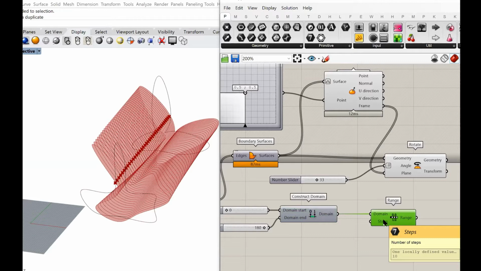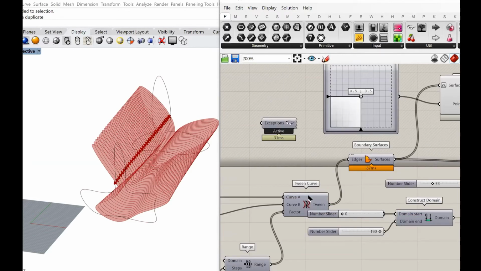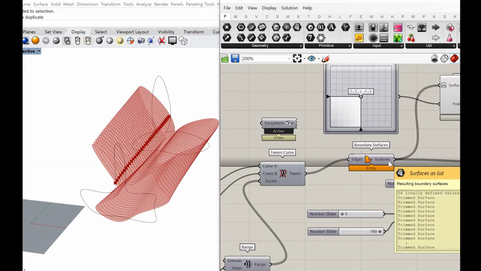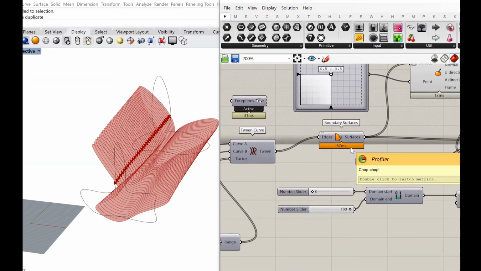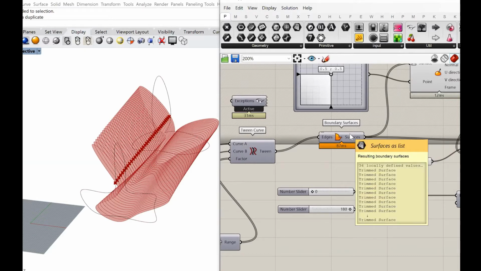And the number of steps should be the same as the number of tweens that I have, the number of surfaces I have. So how do I count? I will need a list length, and do -1.